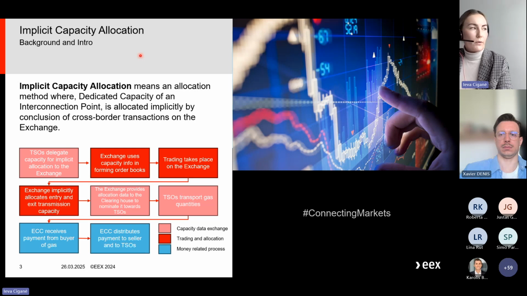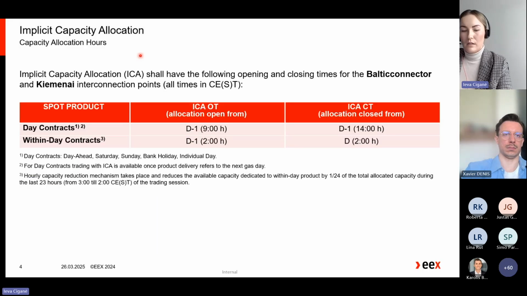But we have been working with the Baltic-Finnish TSOs for a year and a half, or even a bit more, to align that the ICA would continue to ensure effective capacity allocation and continue to provide the benefits for shippers and traders in the same way as right now. So moving further,